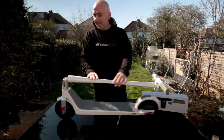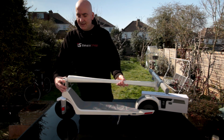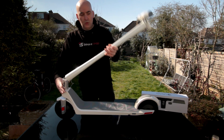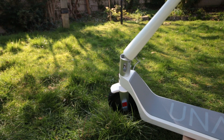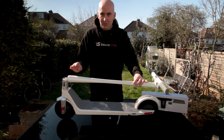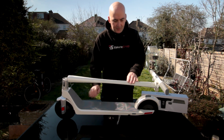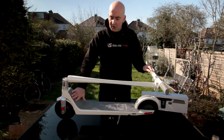expensive Japanese carbon fibre. Coming down here, the stem is just a really simple one-click lock, and again, one click locks down. Really nice and simple. The piece here, it's super tough. Once you get your hands on this scooter, you really start to appreciate all the work that's gone into it, every little detail. The piece here at the bottom is all one solid piece of aluminium, and the grip tape